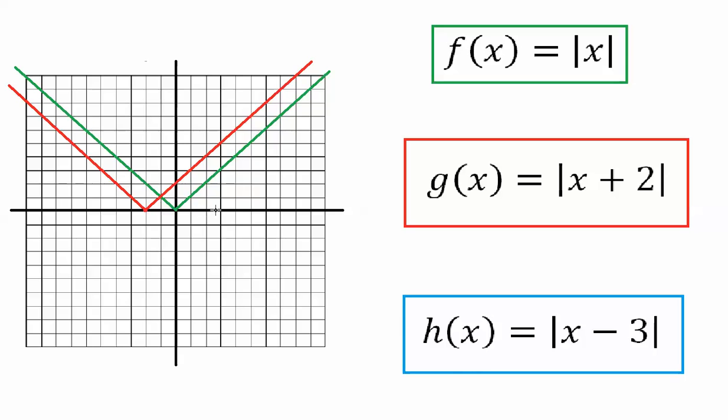So 1, 2, 3, and our slope is still going to be up 1 over 1, and then we're going to want to go back this way, and there is our other line. Okay, so we have the shifting of the absolute value graph to our left and to the right. Adding moves to our left, subtracting moves to our